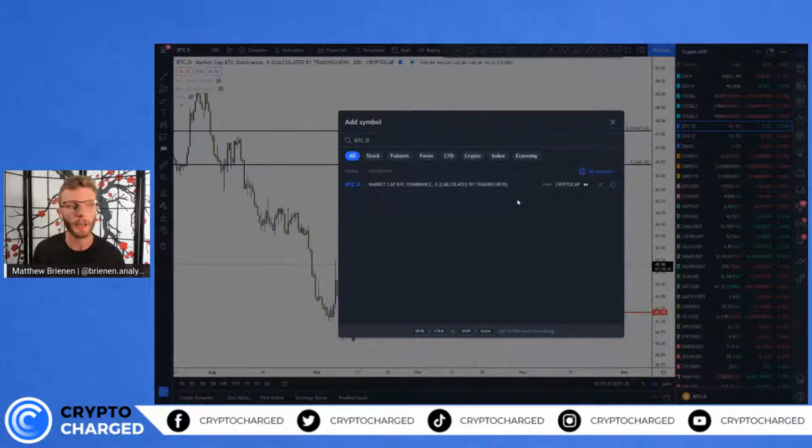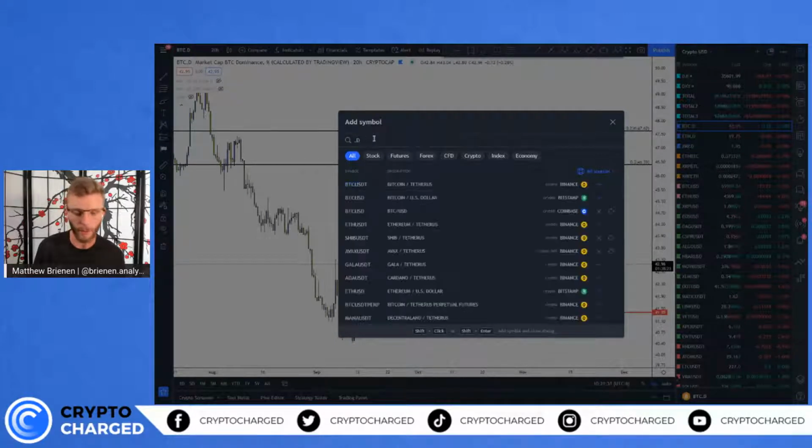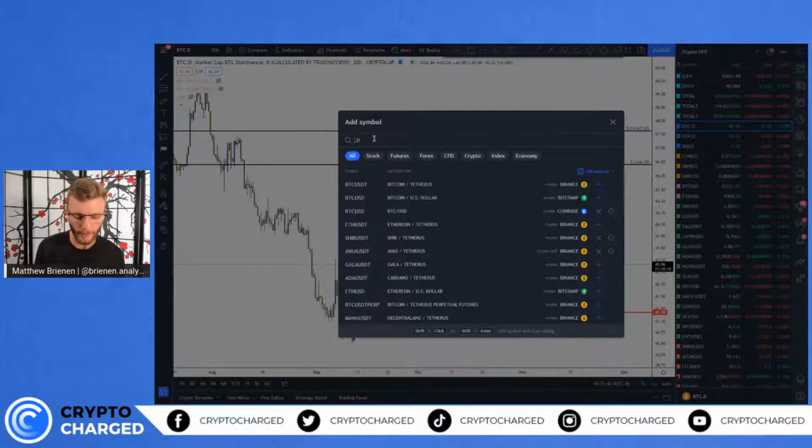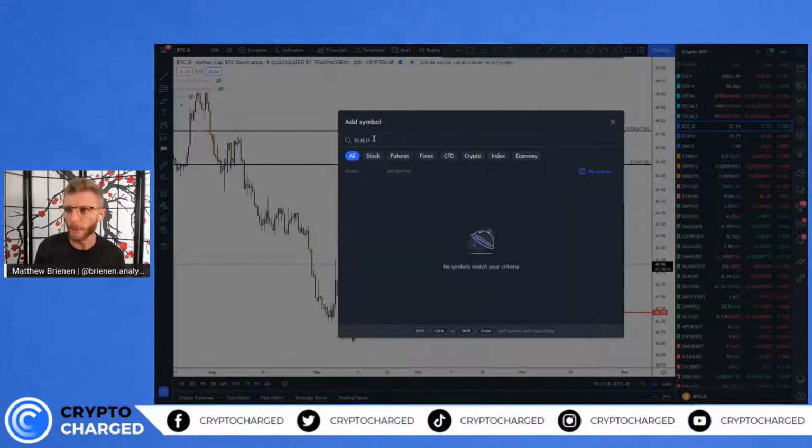If you'd like this on your chart, go ahead and add it. I also have one for Ethereum and XRP. Some assets are supported. Like Cardano has one, ADA dominance. So you just put Ethereum.D right there. If I want to do ADA.D, I could put... XLM. Let's see if there's one for XLM. XLM dominance right there. So you guys can customize dominance charts and pick a dominance chart just so you guys